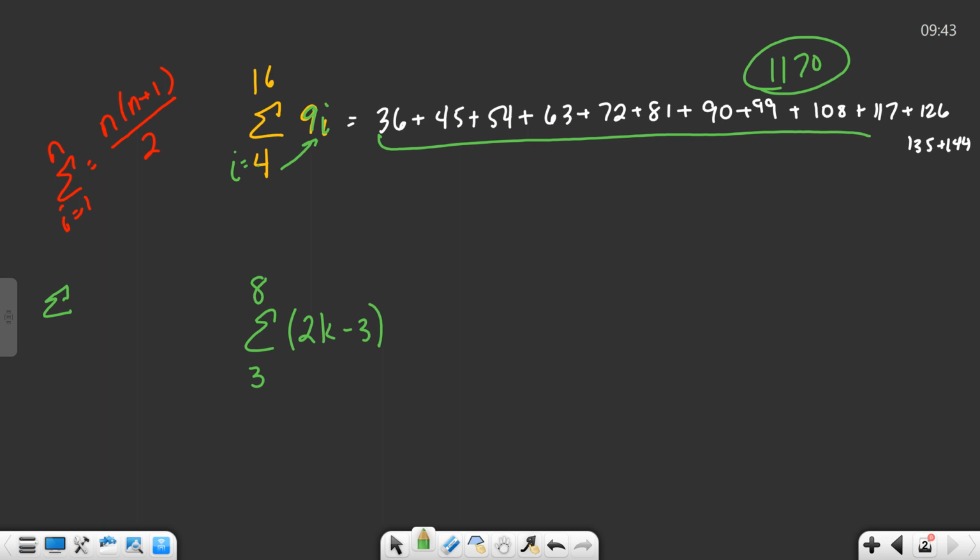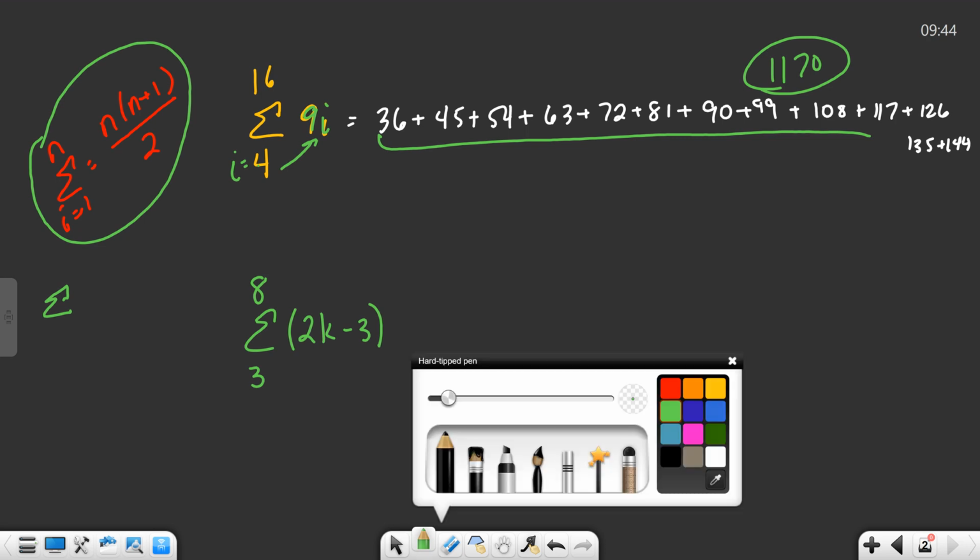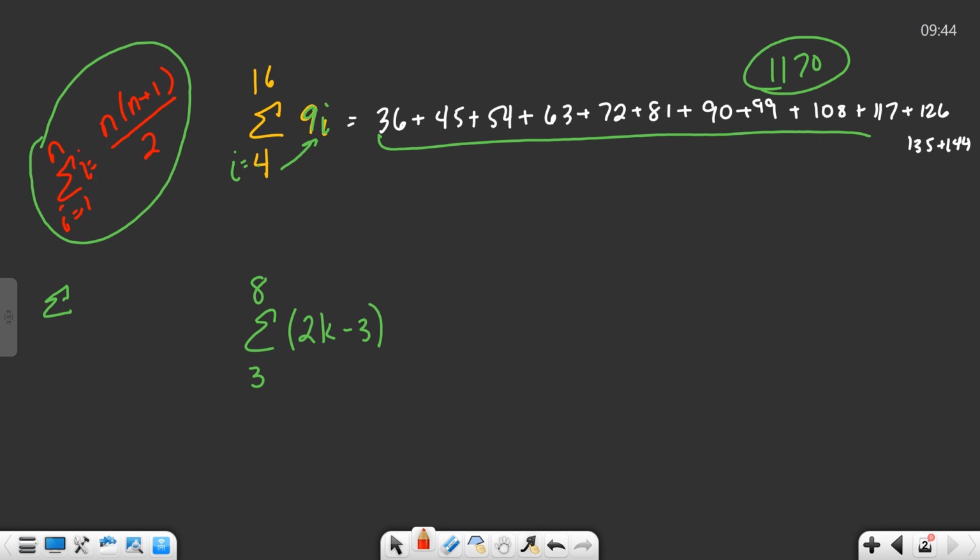So I know that if I just plug these values in and add the numbers up, I get 1,170. But you can imagine that as we go plugging these numbers in from 4 up to 16, what if I had us going from 4 to 37 or 4 to 110? You can see there's got to be a better way, and in fact there is. In your suggested reading, we've got some of these definitions. This is the definition of the sum of the n integers,